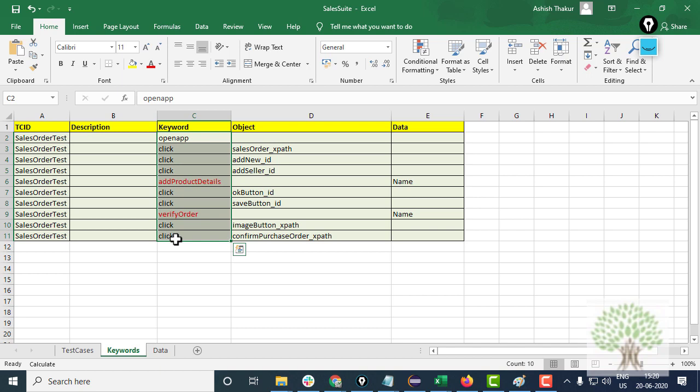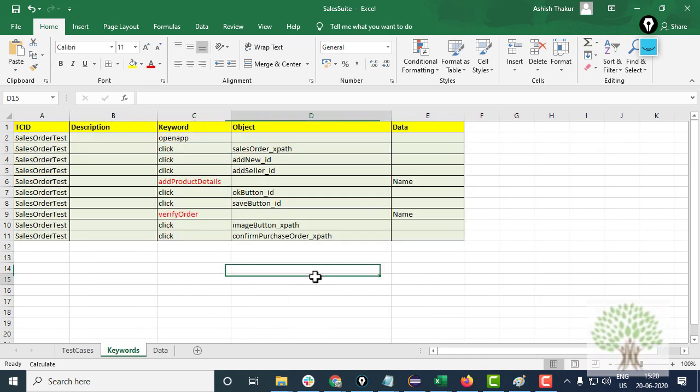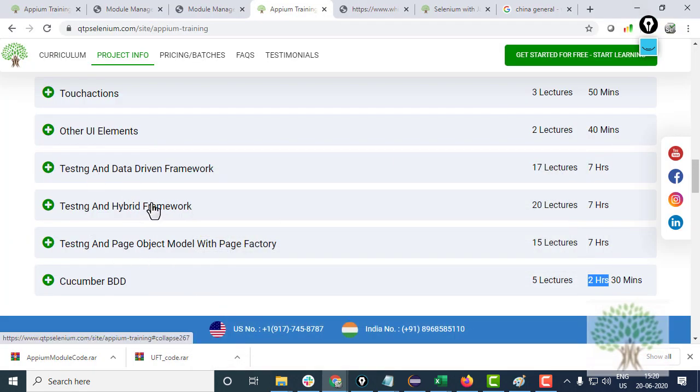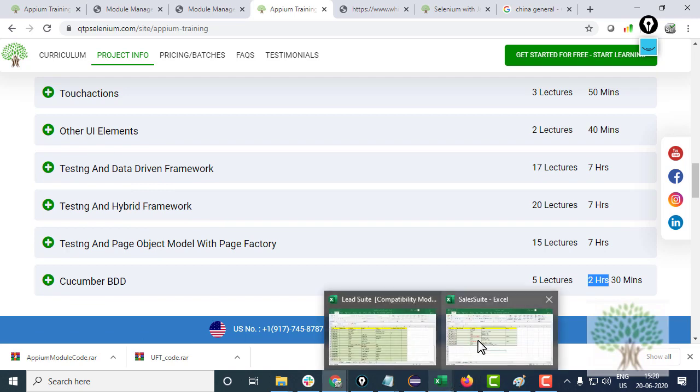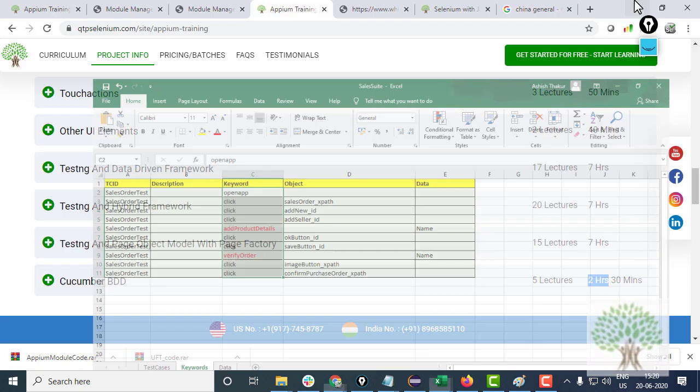Apart from this, you have the reports generated, everything happening, and you also have the data which is read from the Excel file like this. So hybrid framework is a more advanced form of data driven, which is keyword driven as well as data driven. The keywords in the Excel file execute the test case. Even a manual tester who does not have any knowledge of maybe Appium, without opening Eclipse, can actually change the keywords over here and run the project.